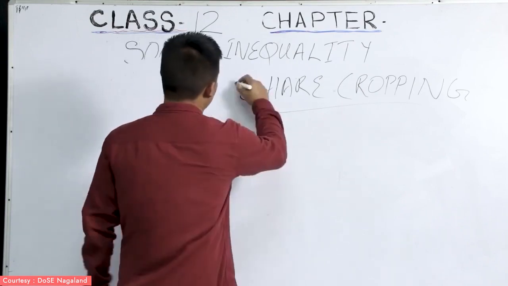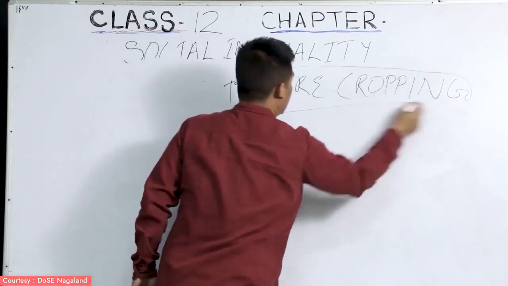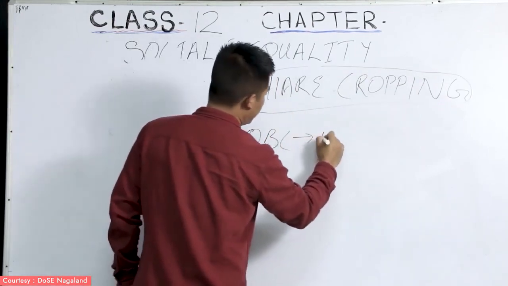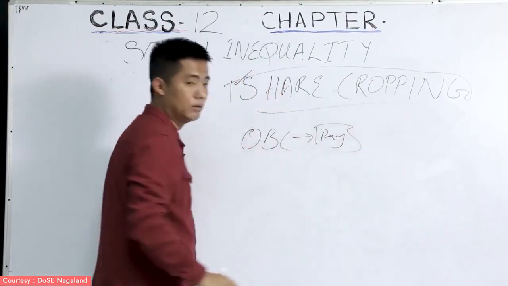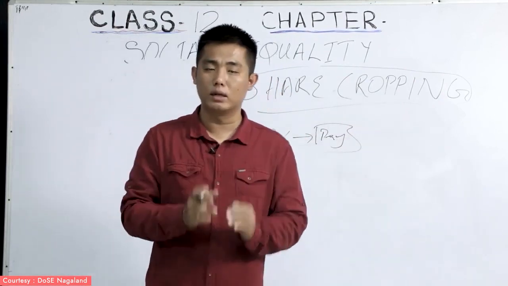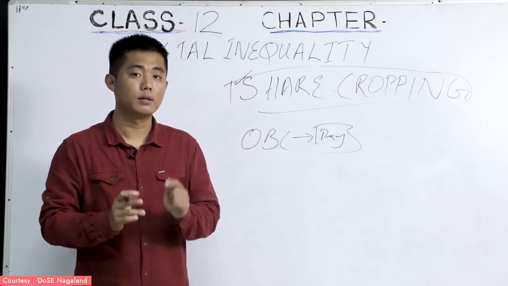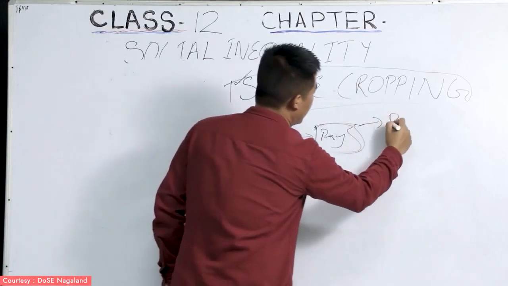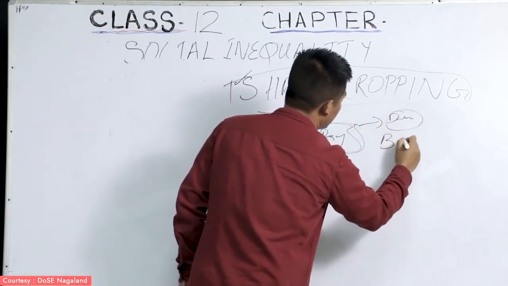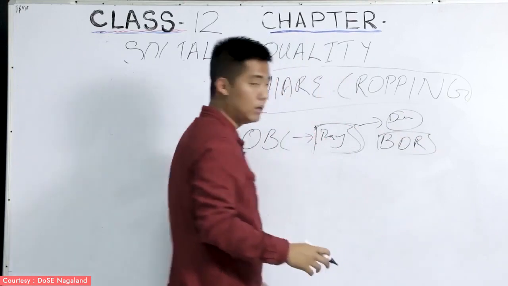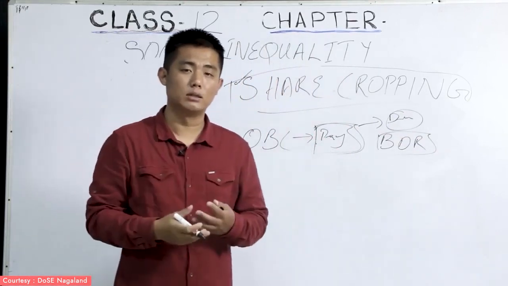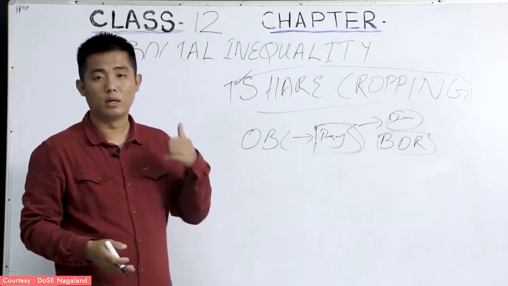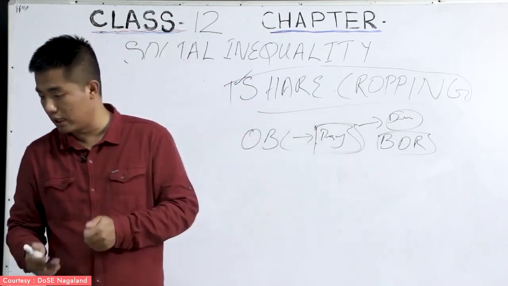Now, sharecropping, in the sense that the OBCs, the oppressed group of people, they would promise to pay something in return. Whether the crops were good or bad, whether the agriculture was good or bad, they have to pay them back. And if they were not able to pay back, they have to borrow some money from some landlord. So they were asked to borrow some money from the money lenders, who were also called Mahajans, and they have to pay it back to the upper caste, to the landowners or the landlords.